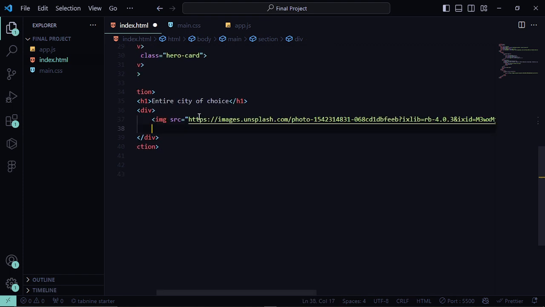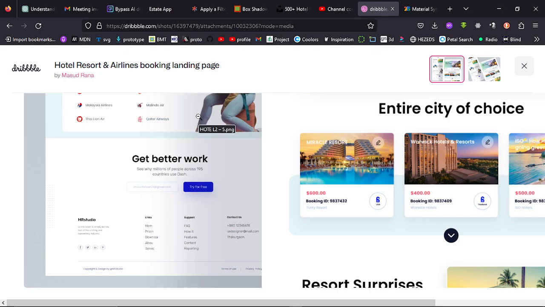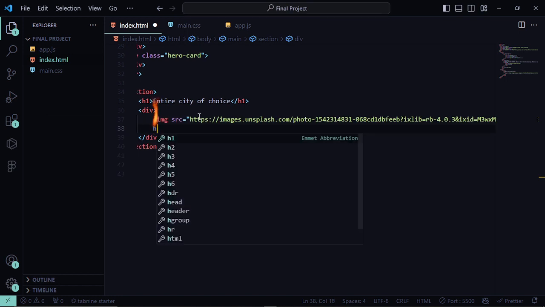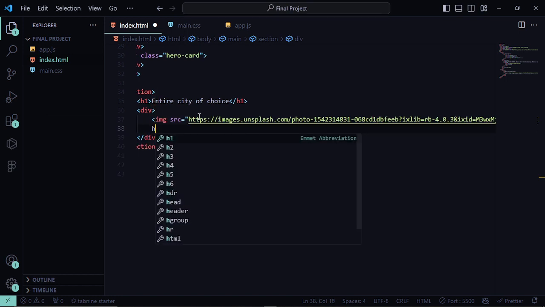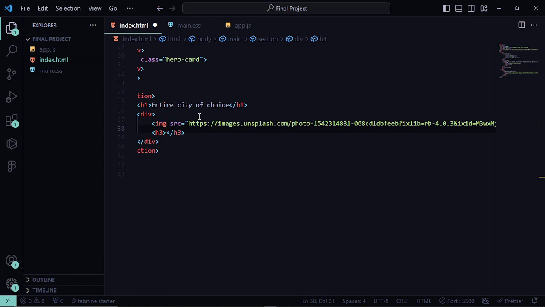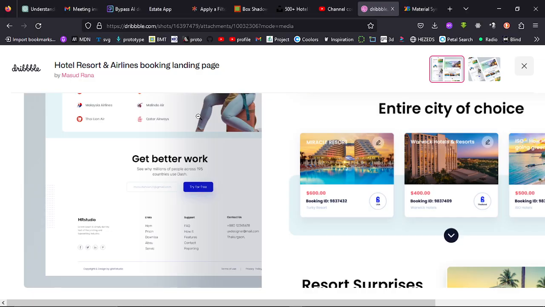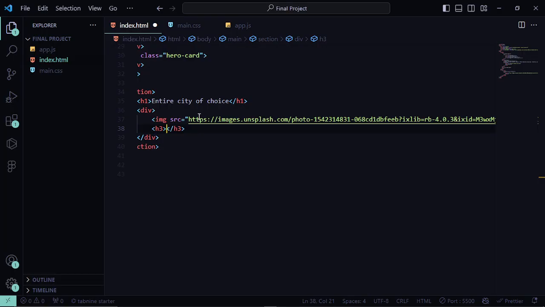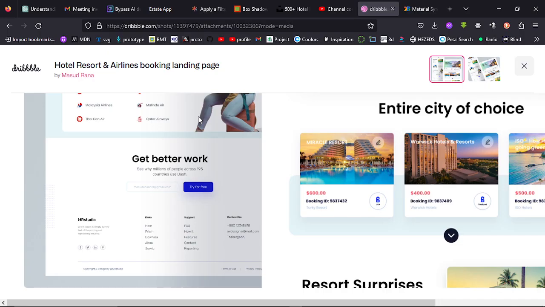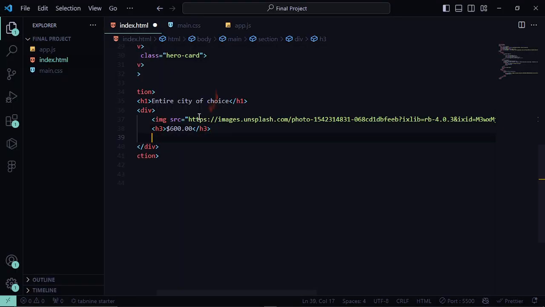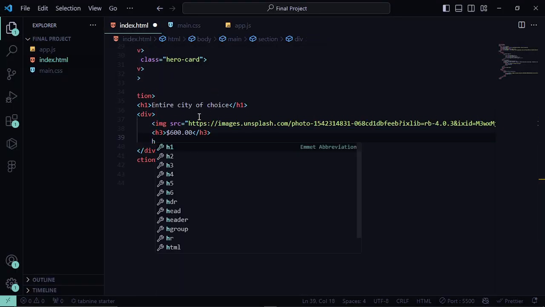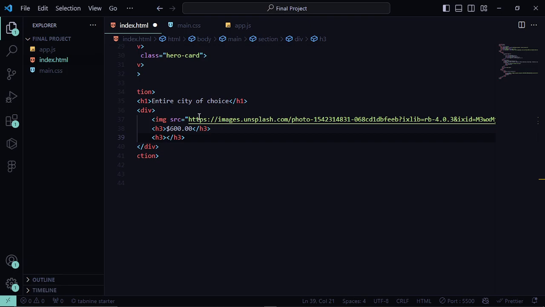So let's say for, what's the next one? For price, I'm going to say H1 or H3, and I'm going to put what's the price? 600. So let's say dollar 600.00 as the price. Then the next one is booking ID. I'm also going to use H3 for this and say